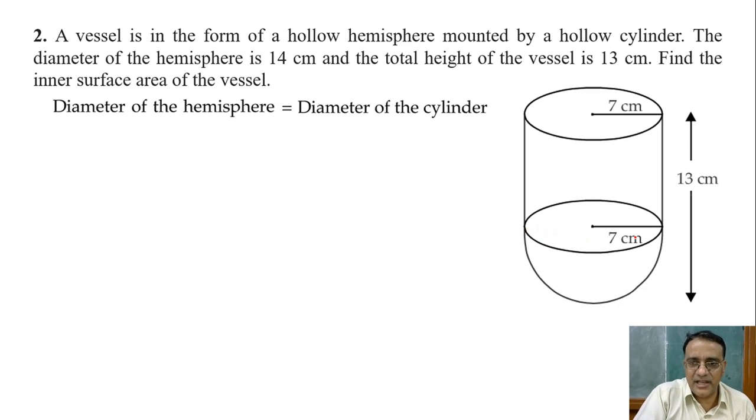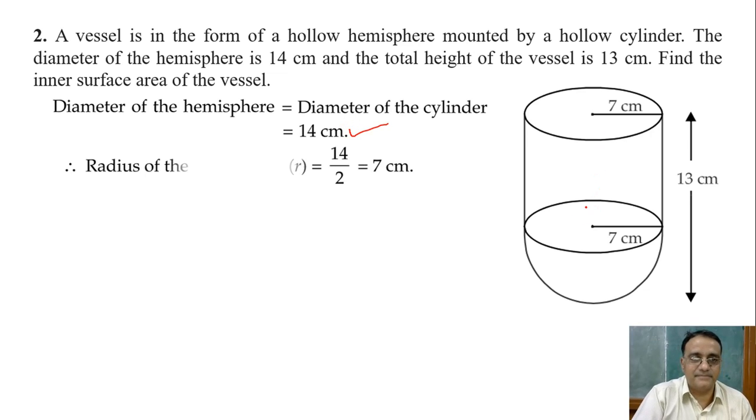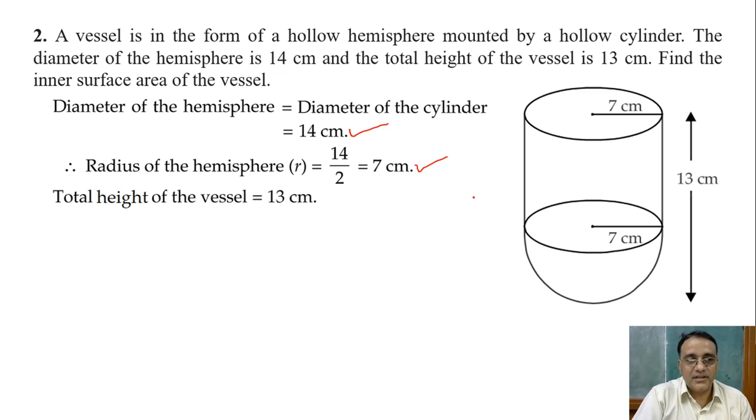The diameter of the hemisphere is equal to the diameter of the cylinder, and the diameter of the hemisphere is given 14. So diameter of cylinder is also 14 centimeter. सो दोनों का जो रेडियस है हम लोग कॉमन ले लेंगे r. That is 14/2, 7 centimeter. Now total height of the vessel is 13 centimeter. तो यहाँ से यहाँ तक 7 है,